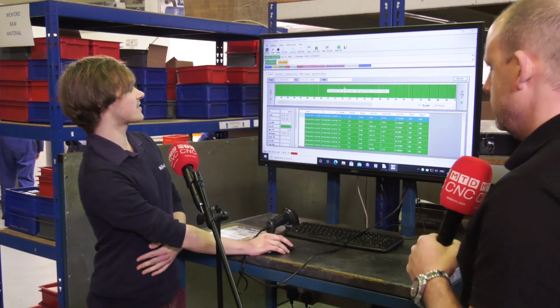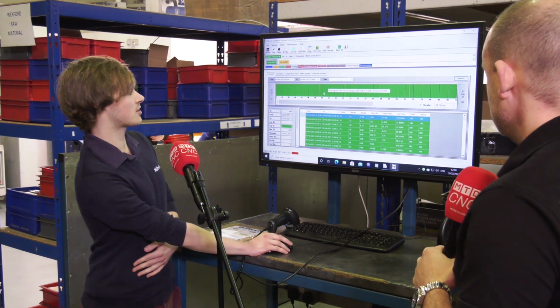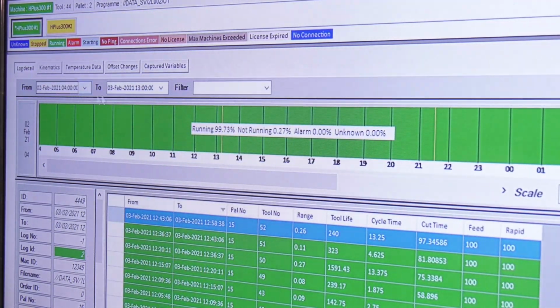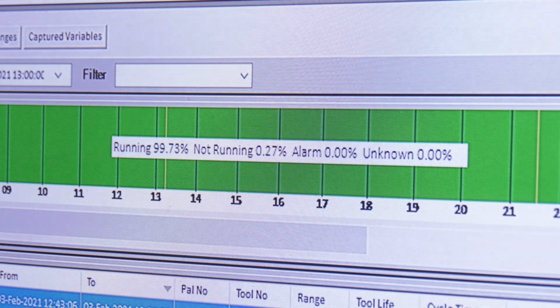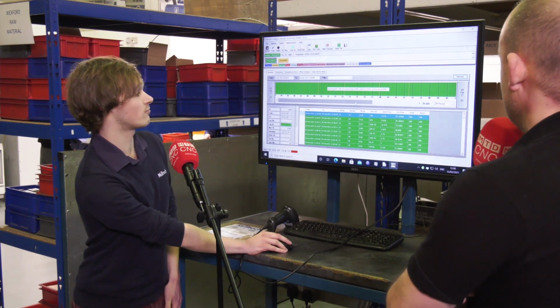So here we can see a 24-hour period from our Matsuura machines. We can see that it has been running for 99.72% of the time, and these yellow lines here indicate to us times when the machine is either not running, or alternatively times when there may be alarms, which will appear in red. So by looking at this data, we can really...